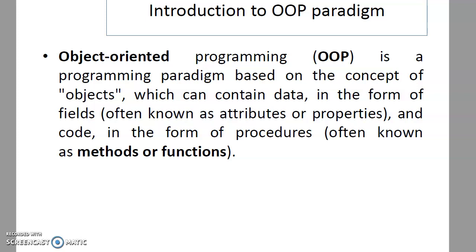So basically object oriented programming uses objects. The main part of object oriented programming is objects, each of which is an instance of a class. These objects contain data in the form of variables, basically called attributes or properties. As you know in programming, the class contains variables which are part of the object. It also contains procedures which are called methods or functions. So an object basically contains data, that is variables, and methods or functions. Okay.